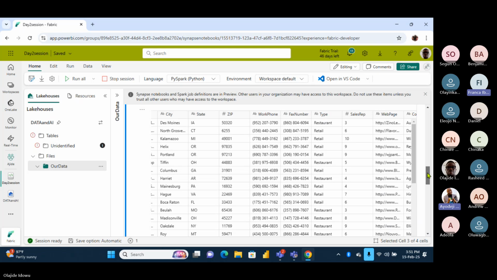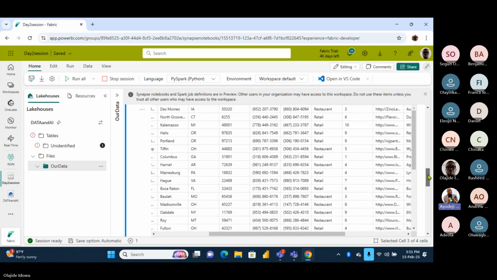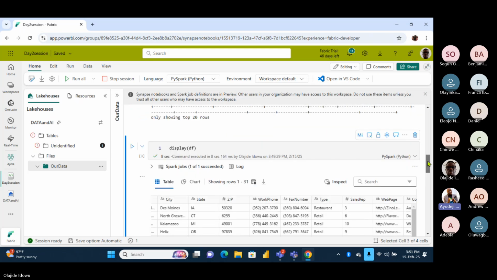Now, there is a request that our data frame should not contain everything, it should contain strictly the people that are from Florida. So those are what we are trying to do when we get to data cleaning.